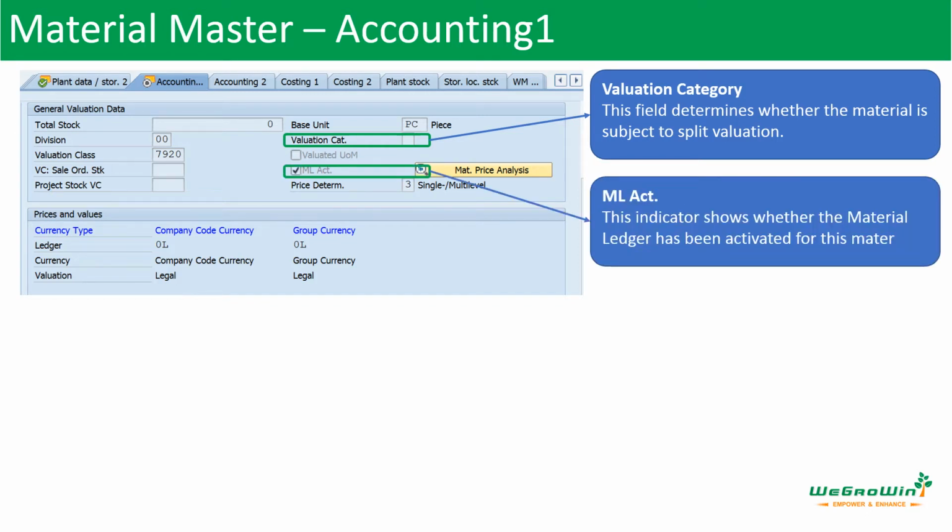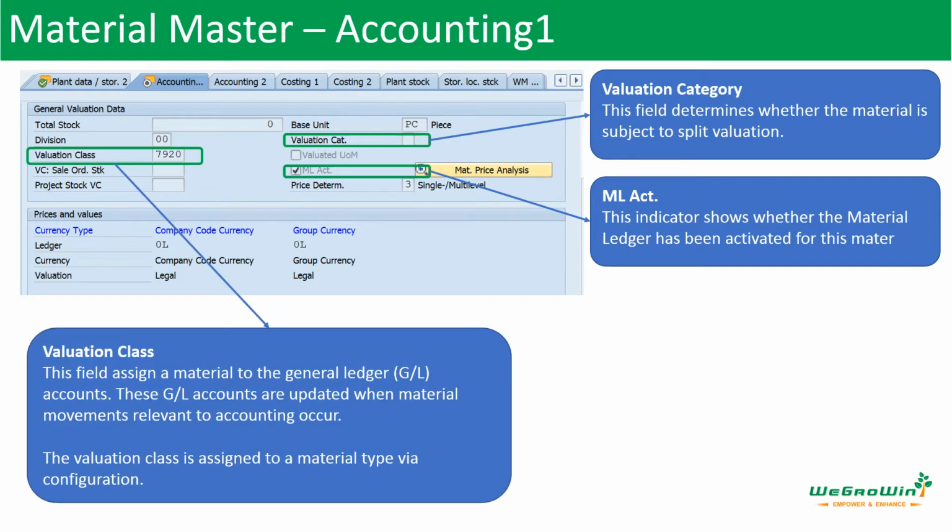And then material ledger active. Material ledger active shows that the material ledger is activated for the material. In S/4HANA, this is activated by default. What is the material ledger for? Material ledger is the basis for actual costing and enables the material inventories to be evaluated in multiple currencies and also used in different valuation approaches. These things you can discuss with the FICO consultant, the finance and controlling consultant. You can understand with them how it is used, and the consultant will also help you understand this point.